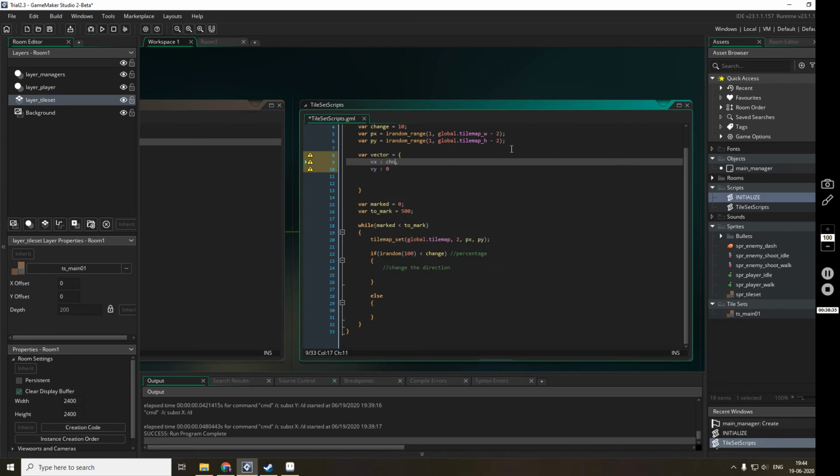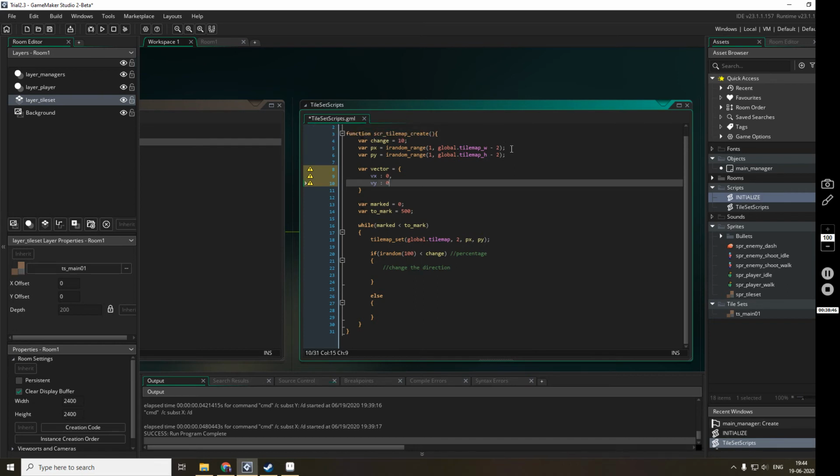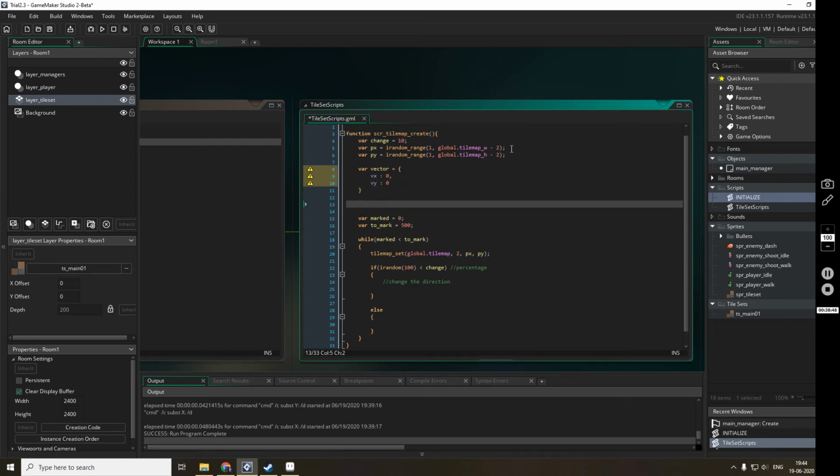Maybe once I declare it, after that I'll change it. So vector has its vx as 0 and vy as 0. I think I can even make it x and y, and this will not be the x and y of the instance, so I can use its own x and y.